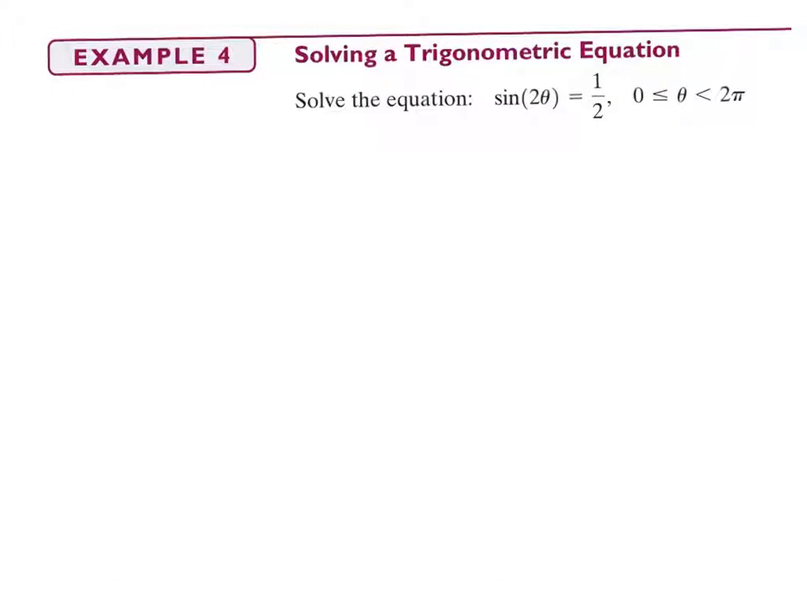Okay, so for this example, you have the equation sine of 2 theta is equal to 1/2. And we want all the angles from 0 to 2 pi. Now, sine is positive in the first and second quadrant. And the angle that gives you a sine value of 1/2 is 30 degrees from the horizontal,